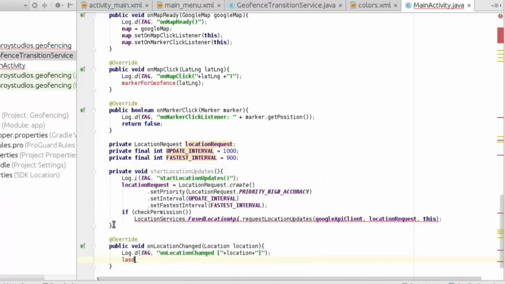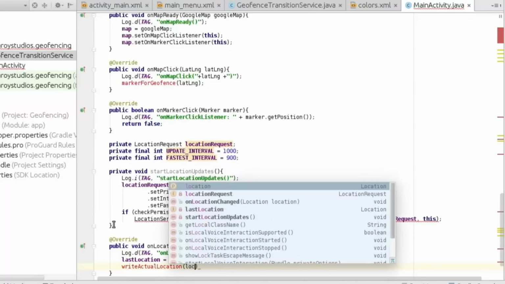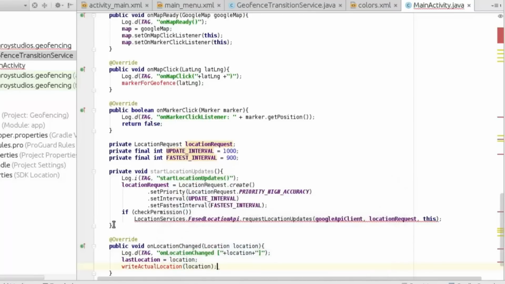So go for the last location, goes to location, and you write actual location. We get to create that, pass location in there, and we'll close that. That's right, actual location. Now when the Google API client connects, callback is connected, so we need to actually undo